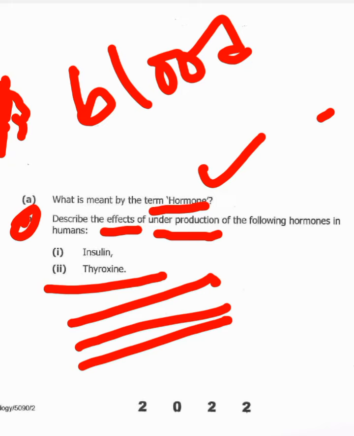There is also stunted growth. This stunted growth we're talking about might also lead to what we call dwarfism. There is also retarded mental development in children, where there are low metabolic rates taking place. So these are also some of the things that are going to be caused if thyroxine is underproduced. Those things that I've mentioned, when trying to answer, we just put them in paragraph form, then we would have answered this question and gotten the marks it deserves.